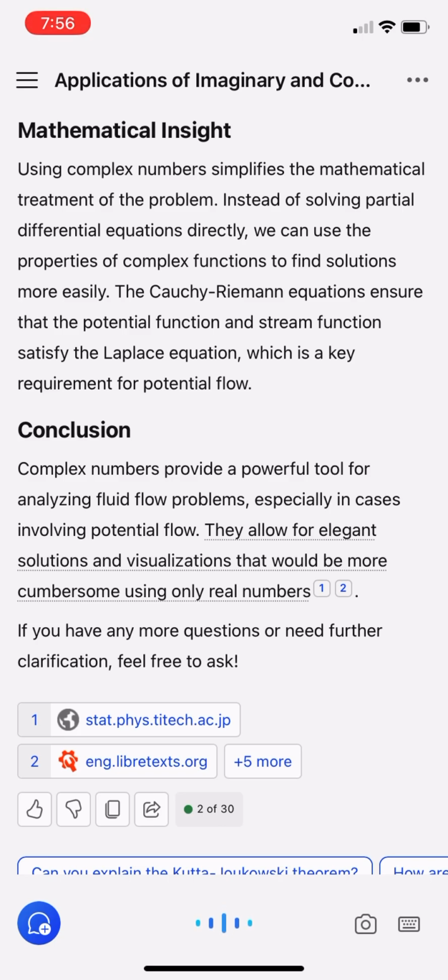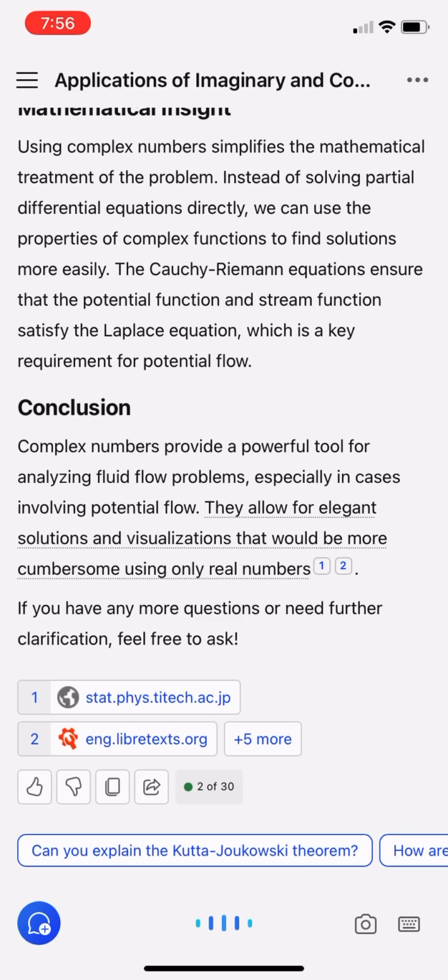Conclusion. Complex numbers provide a powerful tool for analyzing fluid flow problems, especially in cases involving potential flow. They allow for elegant solutions and visualizations that would be more cumbersome using only real numbers. If you have any more questions or need further